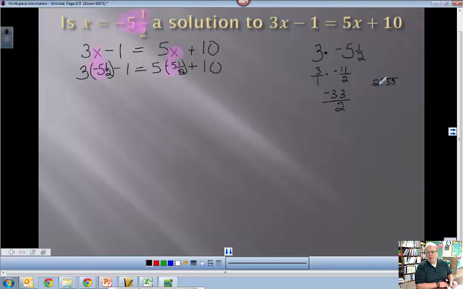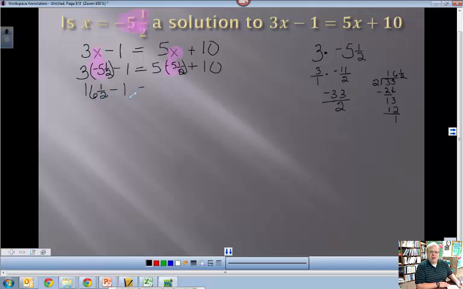2 goes into 3 once. 1 times 2 is 2. Okay, subtract that out. That's 1. Bring down my 3. 2 goes into 13 6 times. 2 times 6 is 12. And 13 minus 12 is 1. So I have 16 and 1/2. So now I have 16 and 1/2